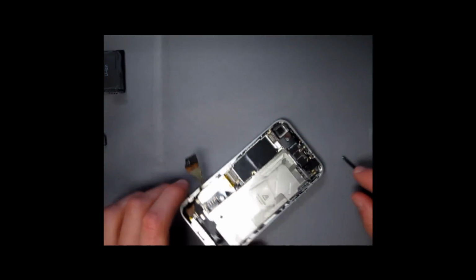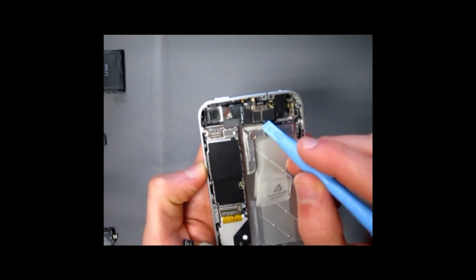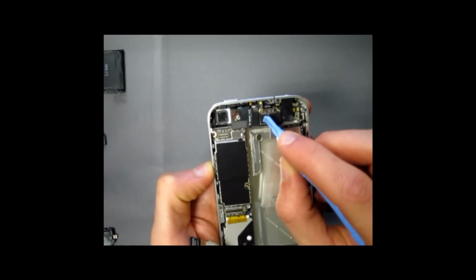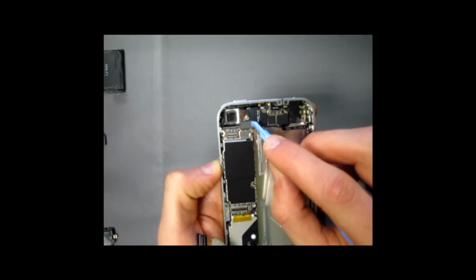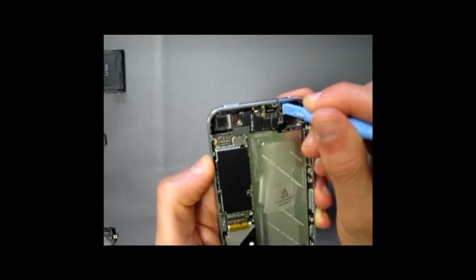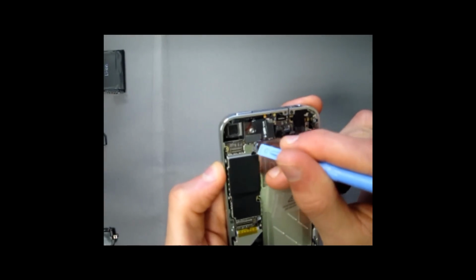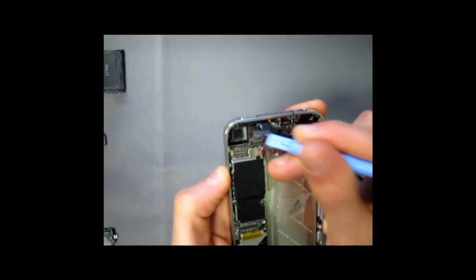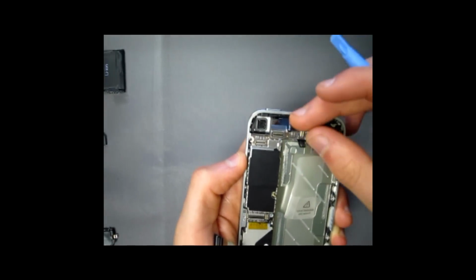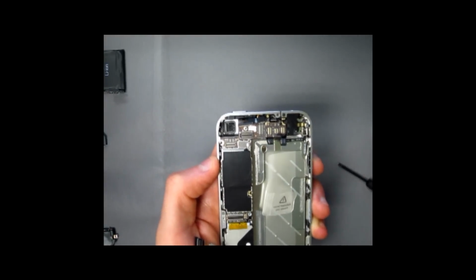Now, once those 2 screws are removed, you can go ahead and unplug all the digitizer, LCD, and speaker connectors. They're over here. Now there's 1, 2, 3, 4, and the 5th one is right here. Using a pry tool, gently unplug the connectors. Tilt them a little back. Now these 2 are what you're going to be replacing in the new part, which is the digitizer and the